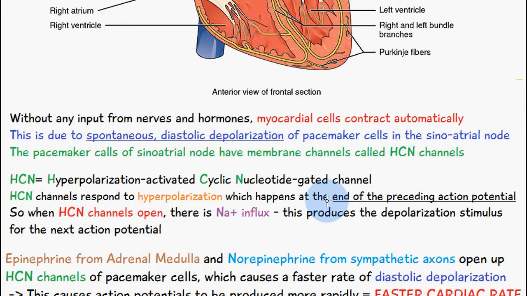So what they do is they open up at the end of the previous action potential, and there's Na+ influx, which means Na+ diffuses in, and what this does is this produces the depolarization stimulus for the following action potential. And if you don't understand the mechanisms of hyperpolarization and depolarization, I've made a previous video, so check